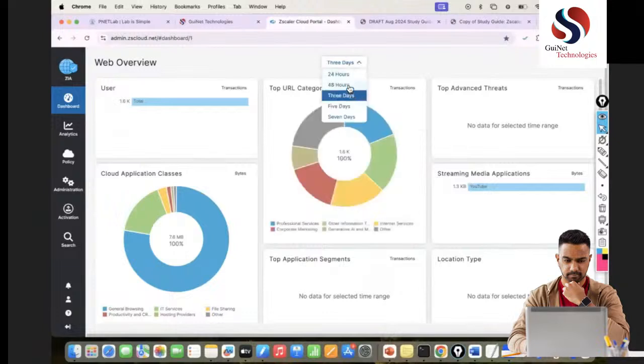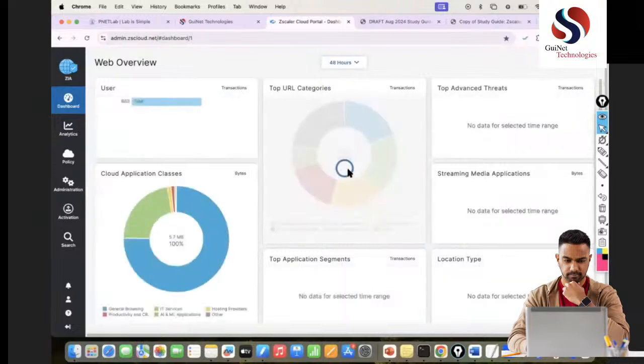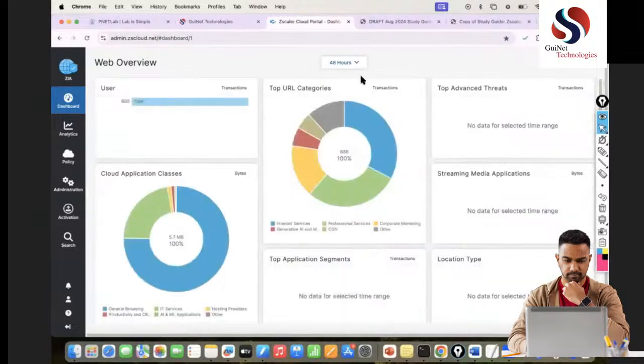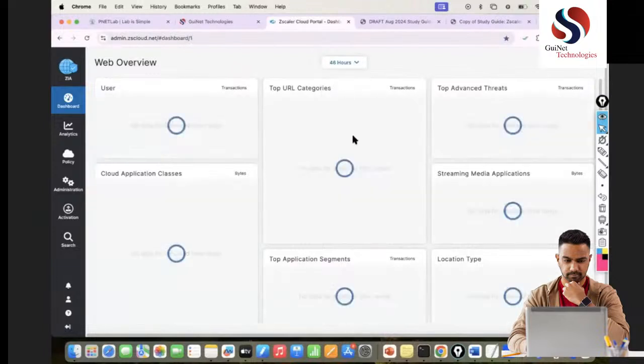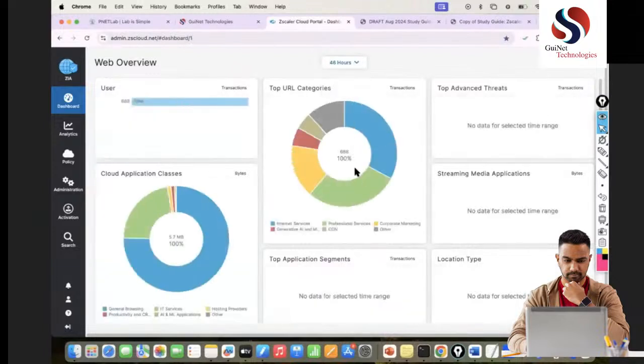If you want to check the last 48 hours, that is also going to give the latest data, and for 24 hours. If you want to customize 7 days or 24 hours, it is also possible, right? So in the last 24 hours there is no data. For 48 hours we have some data, and we can figure out what information we have and how many connections went through that particular ZIA tenant,